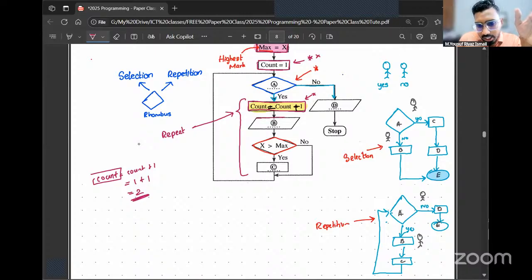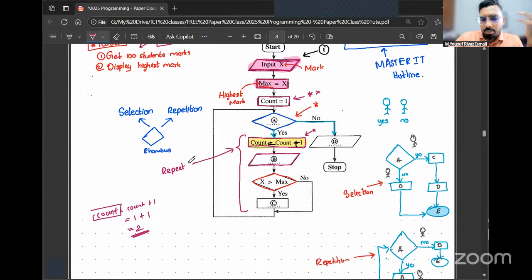Then you can see there is a parallelogram here. Imagine a flowchart and tell me, in a flowchart, parallelograms can be used only for two things. What are the two things that you can use a parallelogram for? Perfect.